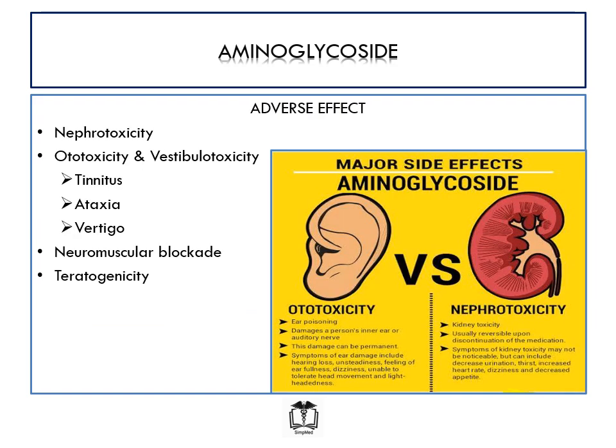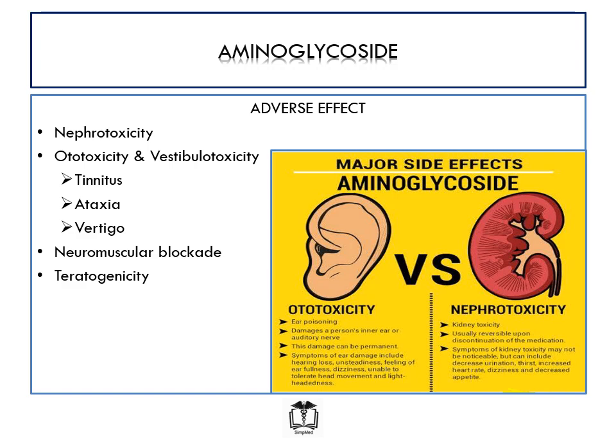What are the adverse effects of aminoglycosides? Remember that aminoglycosides are well distributed to 3 major organs. This includes the kidneys, the skeletal muscles, and the inner ear. As a result, we tend to see a lot of adverse effects in these 3 sites. So for the kidneys, we see the adverse effect of nephrotoxicity because of its rich distribution to the kidneys. For the inner ear, we see the adverse effect of ototoxicity and vestibulotoxicity, and this will present with symptoms like